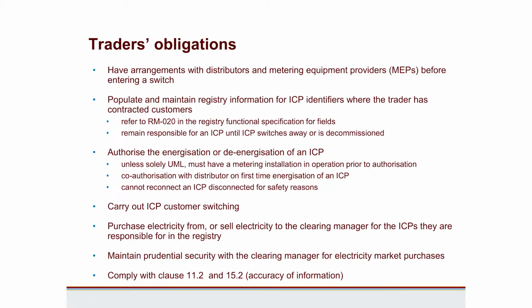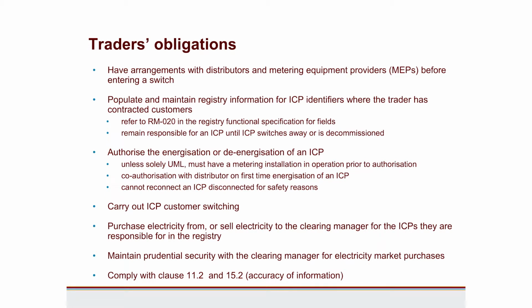So, traders have heaps and heaps of other obligations within the code. The code says that if you're a trader and you want to switch an ICP, you can't do it unless you have an arrangement with the distributor for the network that that ICP is connected to. So you're required to have an arrangement in place. You're required to have an arrangement in place with the meter owner as well. So if you're going to retain the meter owner, you must have that arrangement in place before you